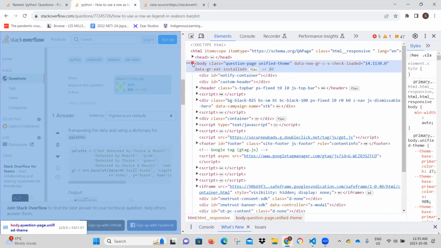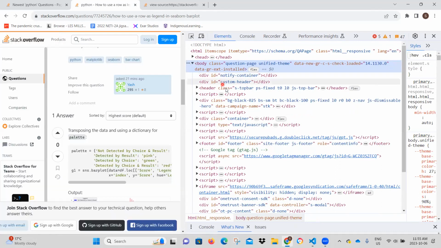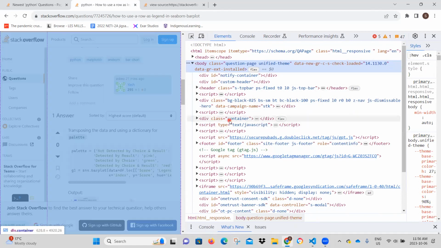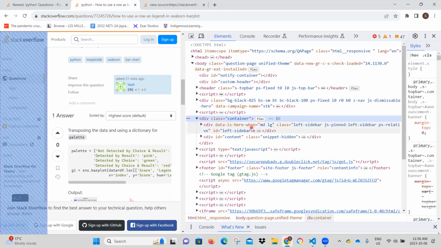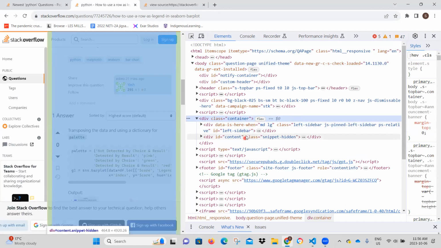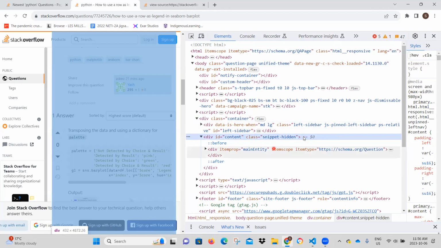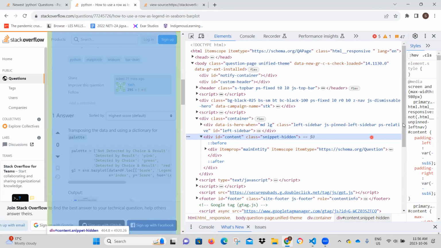So that's the entire body of the page. Now let's see here. The container div that is called container is where the contents are. We look a little bit deeper. So as the sidebar, there is the content. So the content is what we're looking for. If we go there, so the content would have the